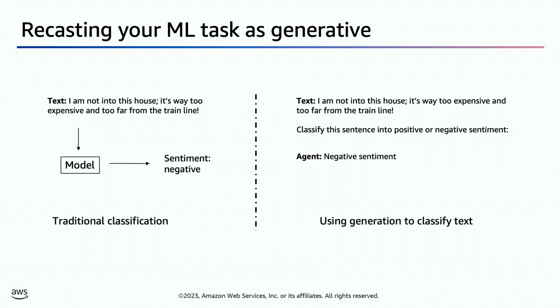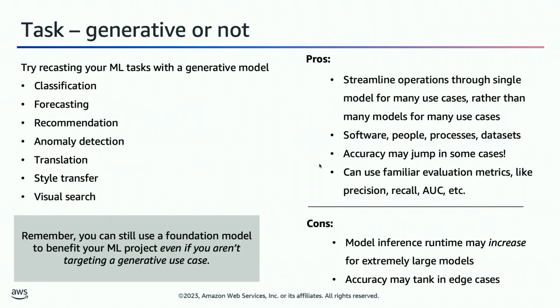And so, as we learned previously, you can recast your ML task as generative. So you can take your prompt, send your prompt to the model, and in traditional classification, it'll just add a label. In this new world of generative AI, we're actually recasting it as generative. And so this is a decision point for you in picking the right foundation model: how deep down the generative AI rabbit hole do you want to go? And so in particular, you certainly can try any one of these tasks using a generative model, using an LLM.